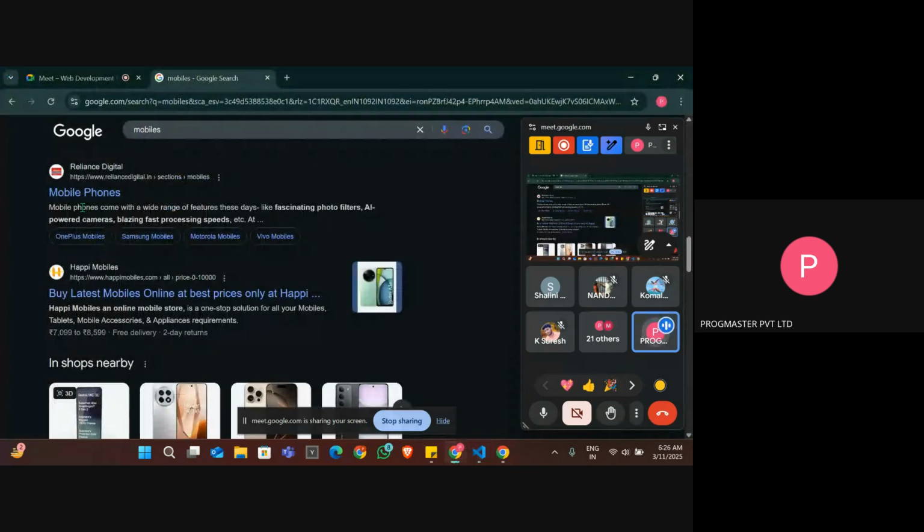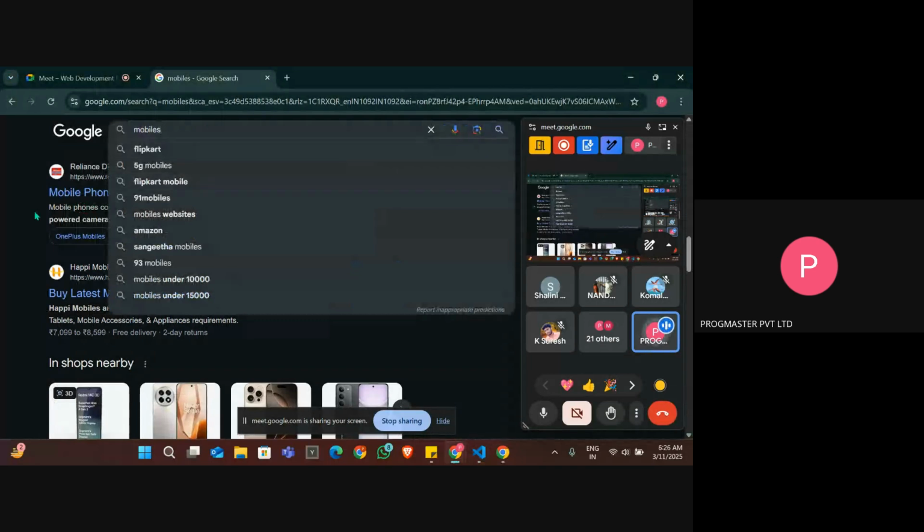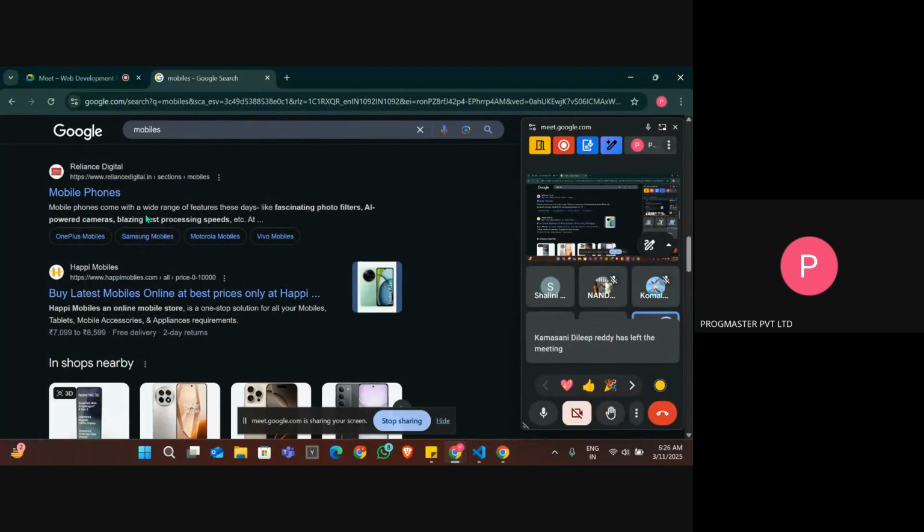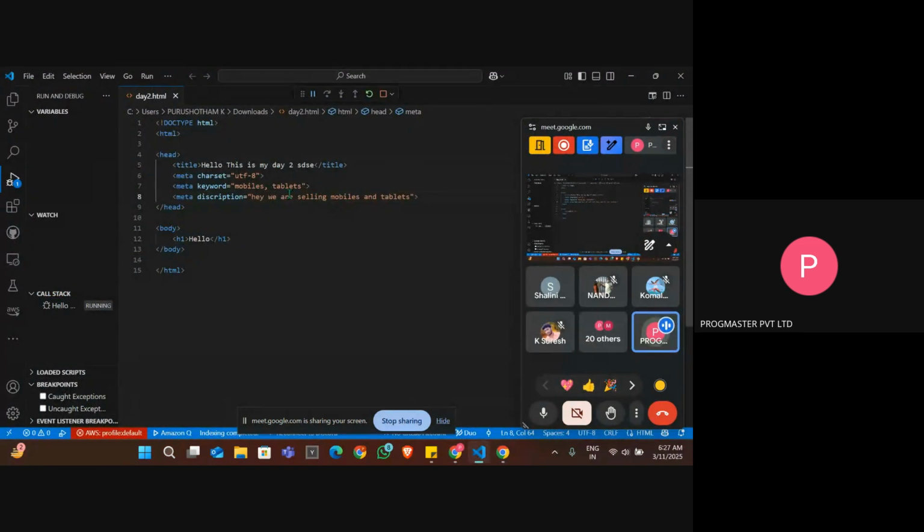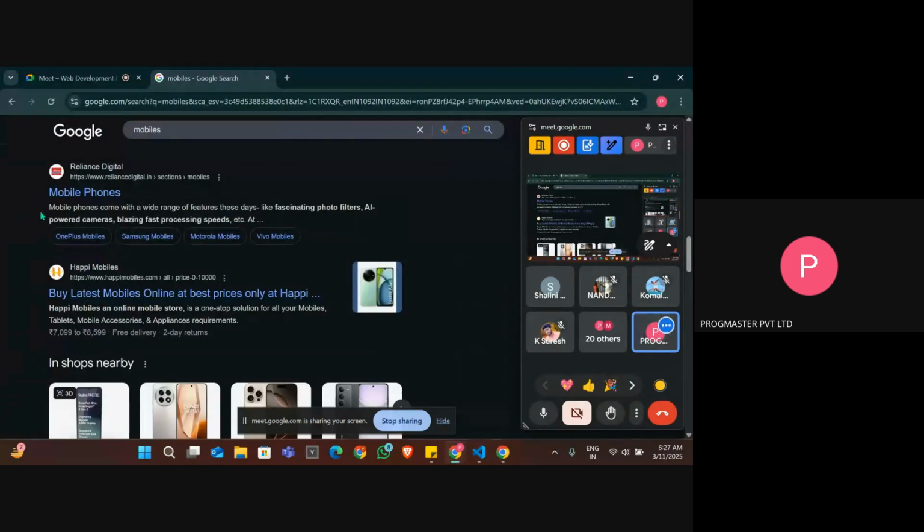See here, I searched for mobiles. It is showing: mobile phones come with a wide range of features these days, like fancy sync, photo filters and everything. How does this text come? Two ways. One way is the meta tag: whatever description you give here will appear in the website. Or else